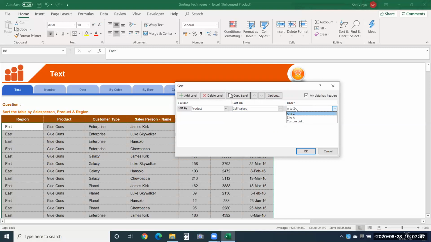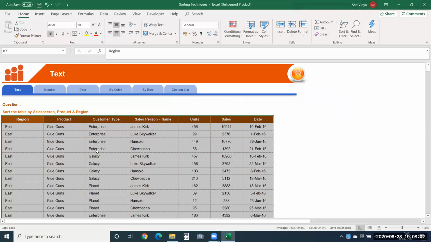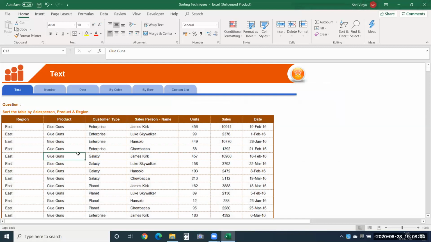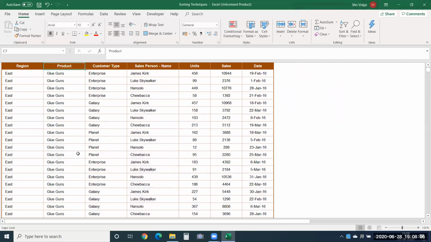Next, I'll say whether it has to be sorted ascending or descending. There is also another option to choose a custom order. I'll give that example at the end. Now, this is how we want to sort our data. I'll just click OK. Now you can see your entire data is sorted based on the product column.